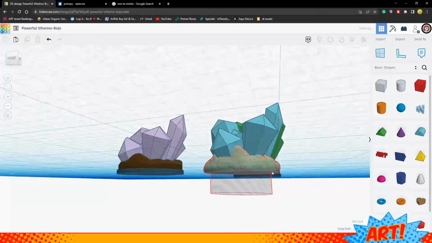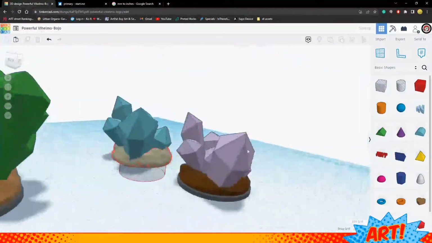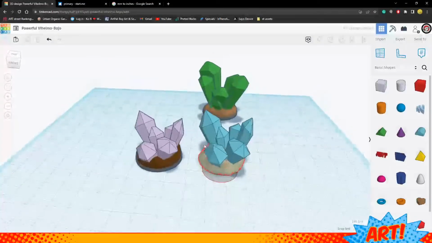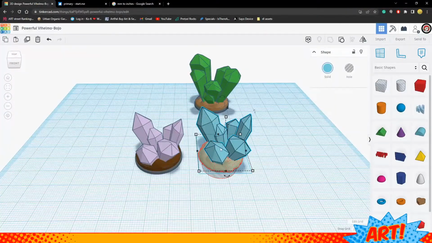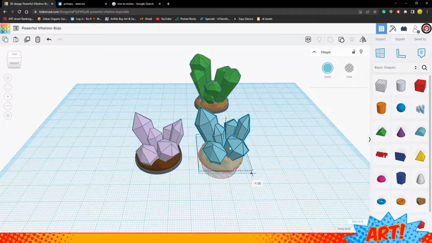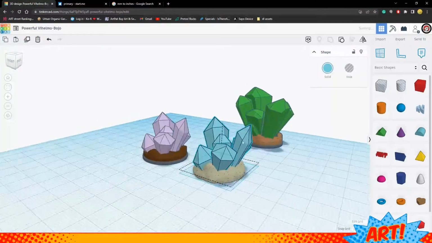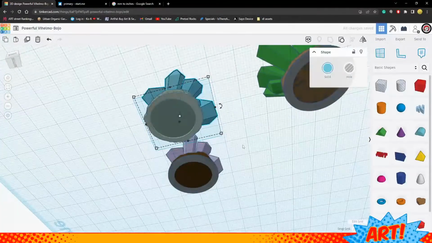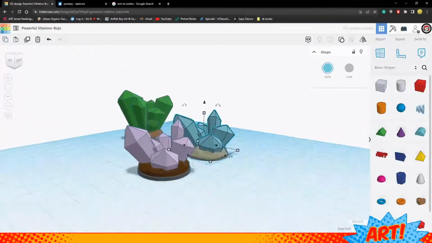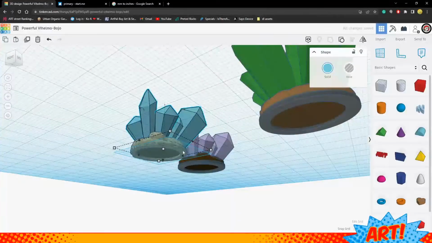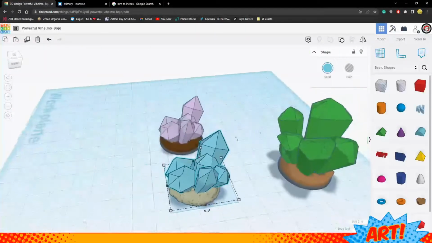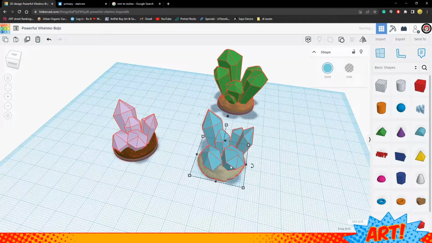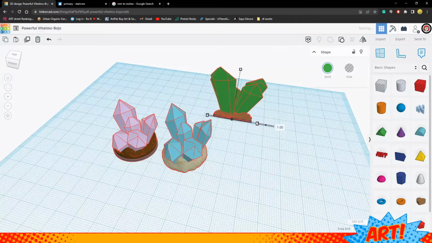And then we'll have, once this guy clicks over, it'll be fine. But there's two different sets of crystal bases. Yeah, two different sets of crystal bases with little cutouts. This is fully 3D printable with minimal supports, if there are any at all, and it'll probably be on the very bottom right here. So there we have our shapes in full